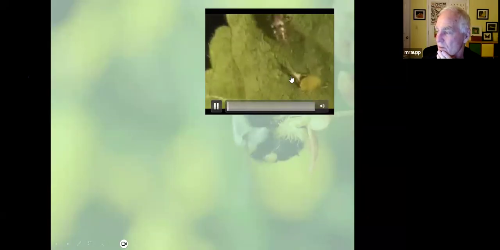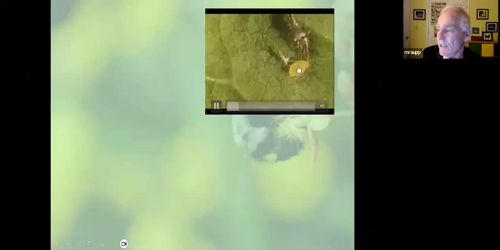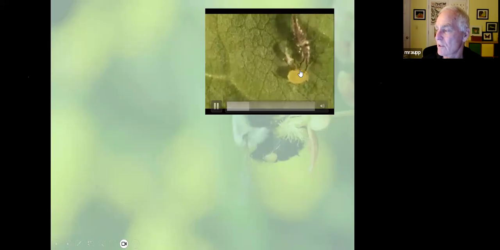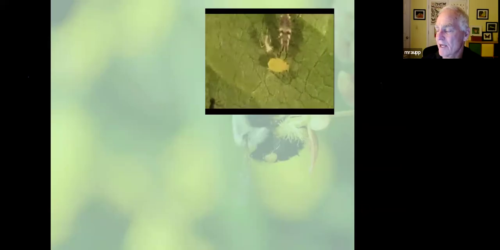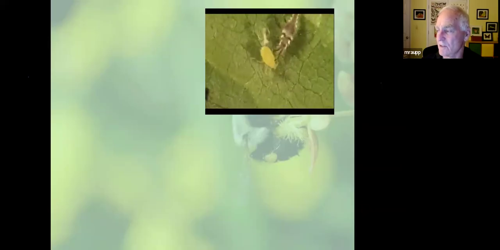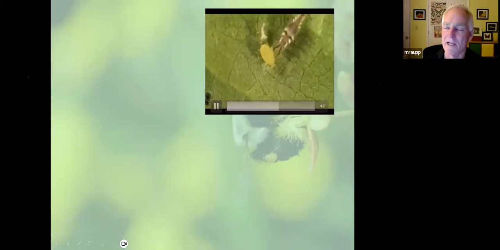Watch this one. It has hollow jaws. The jaws are saber-like. It will grab the aphid with the jaws. It will then inject proteolytic enzymes that digest the internal organs of the aphid, liquefying it. It then turns on a little hydraulic pump in its head and it sucks out the liquefied tissues of the aphid.